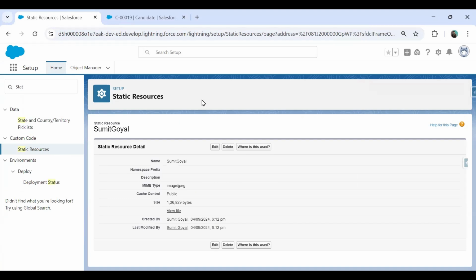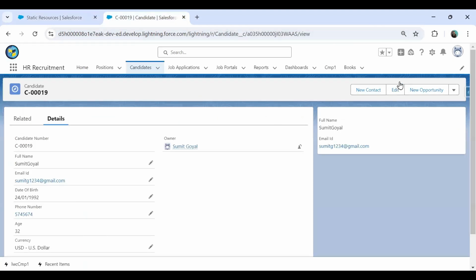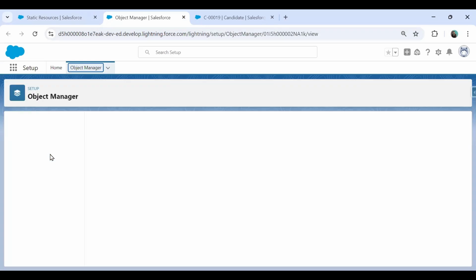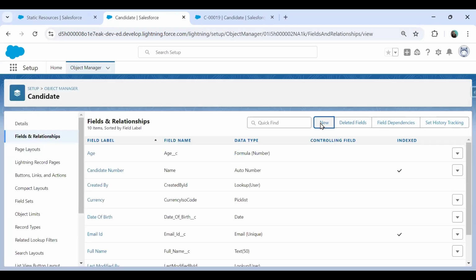Next step. After this, we need to add a field on the candidate object. So I'm going to add a field. Let's switch to edit object, and we will add a new field on this candidate object, and that field will be a formula field. So fields and relationship, new